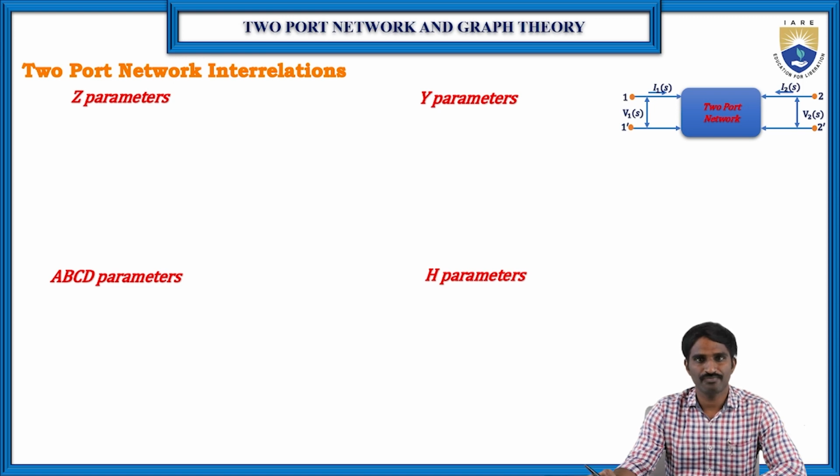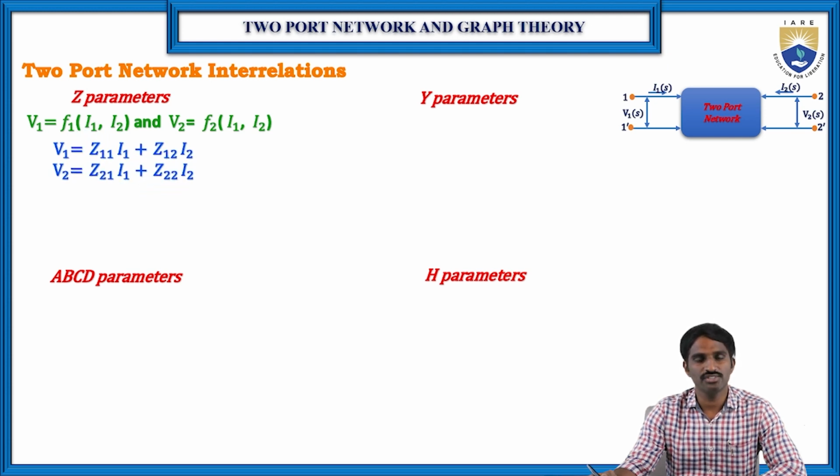Before starting the discussion on the interrelations, let us first have a look at the Z parameters, Y parameters, ABCD parameters, and H parameters. As we know, for the Z parameters the voltages are functions of the currents. So the input voltage and output voltage are functions of the input current and output current. Here V1 is equal to Z11 I1 plus Z12 I2,